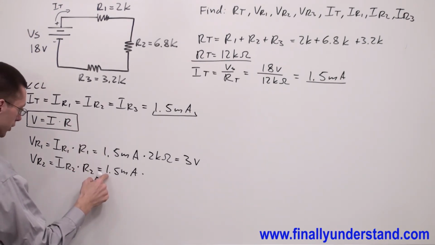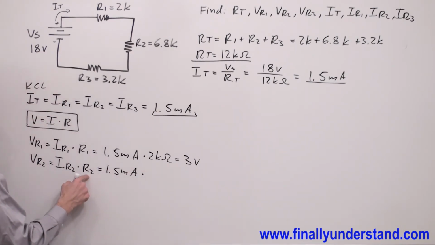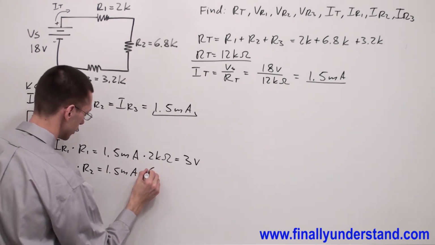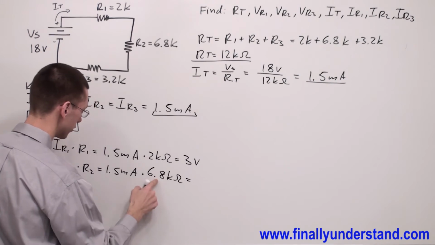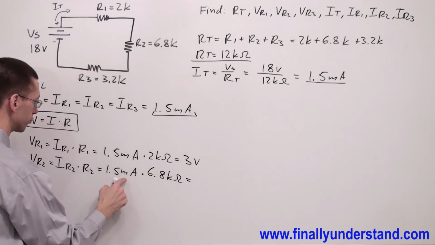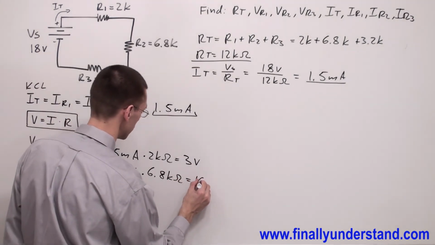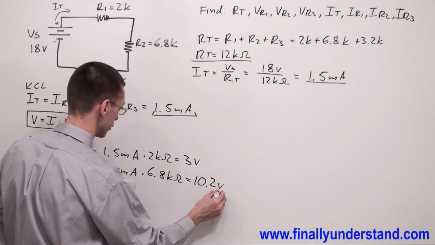That's why I keep using 1.5 milliamps times the resistance of the second resistor, which is equal 6.8 kilo ohms. Plug in these values into the calculator. Don't forget about the powers of 10, and you'll have 10.2 volts. This is the voltage